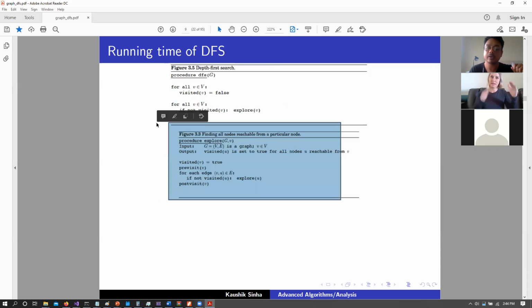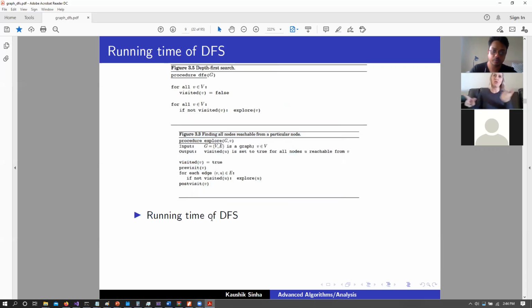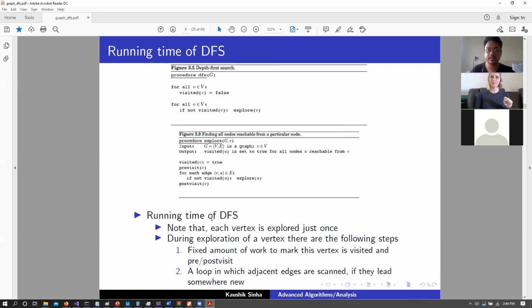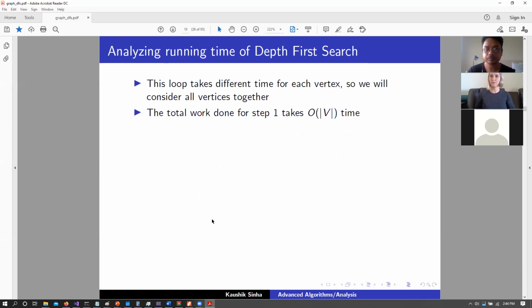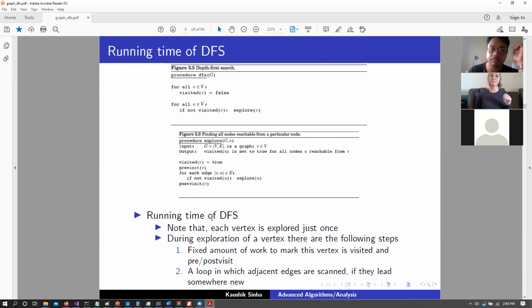Itself that can call itself, but it basically explores the entire set of child nodes possible. So then, if that is the case, remember that this particular explore function requires big O of E, but we'll come to that. But what would be the time complexity of DFS now? So this loop here that iterates through every vertex takes a different amount of time for every vertex, right?